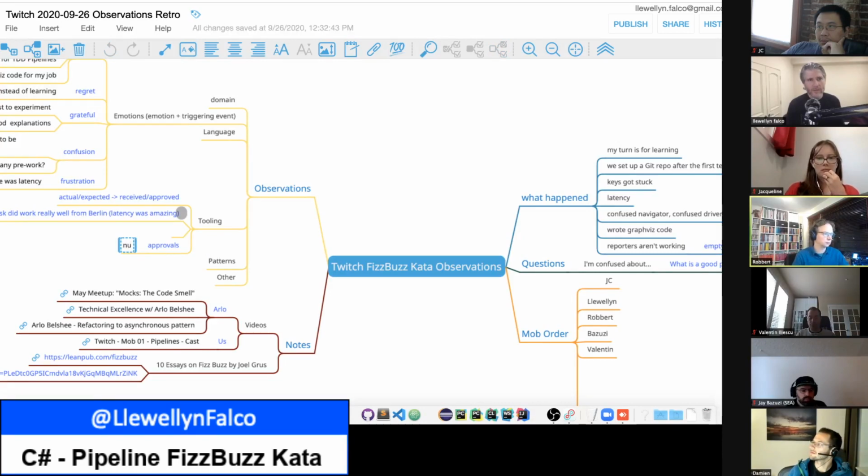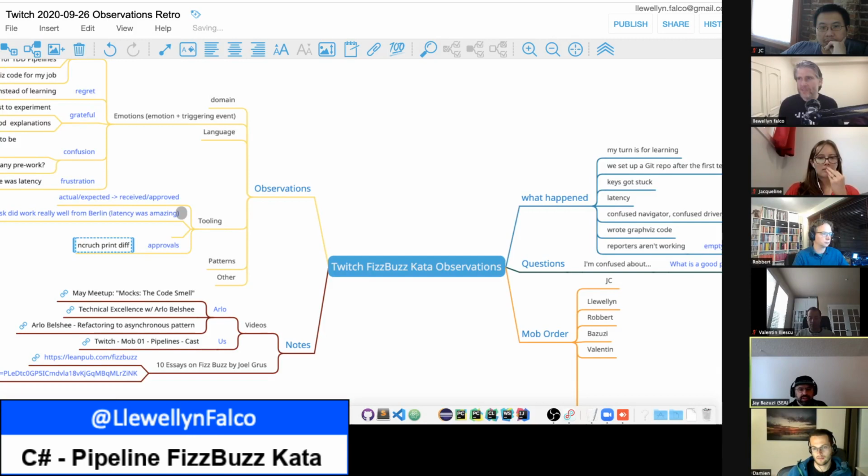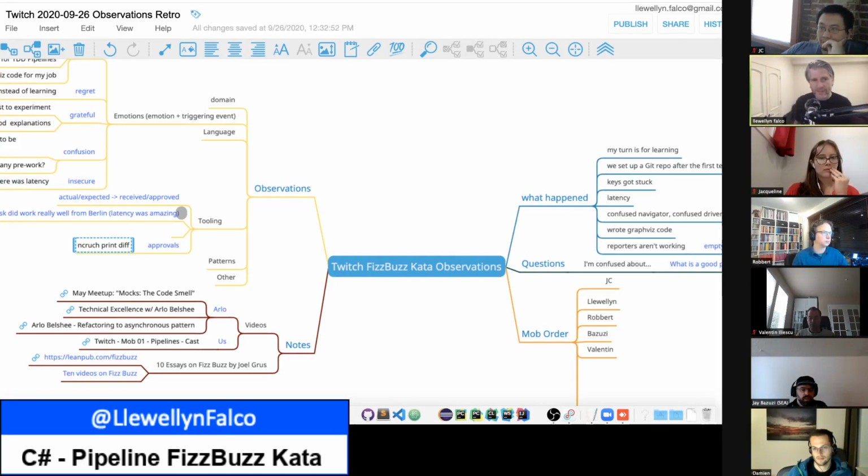We never actually checked it though, did we? I looked. It just says the approved file didn't match the received file. Received. All right. Yeah, that's easy to fix. We should fix that.